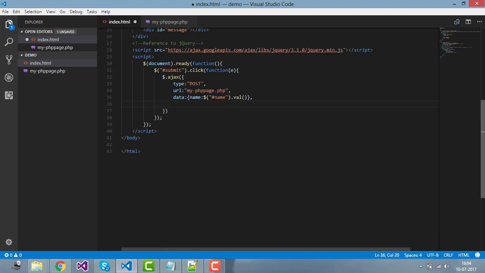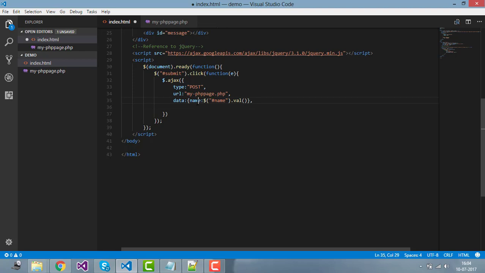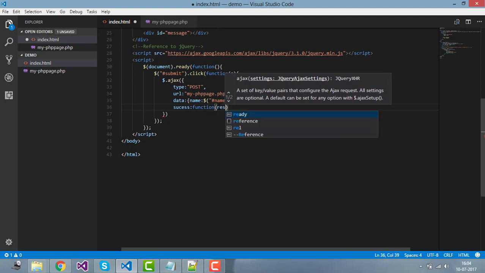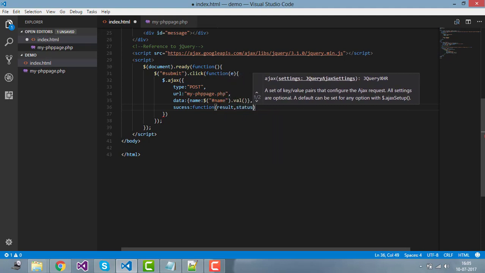So see, in the data parameter of this jQuery AJAX, we are sending the value of the name input control, and the jQuery AJAX method has two callback functions, the success and the error. So let's first write the success, and we create a function, we write result, status, and XHR. These are the three parameters it has,